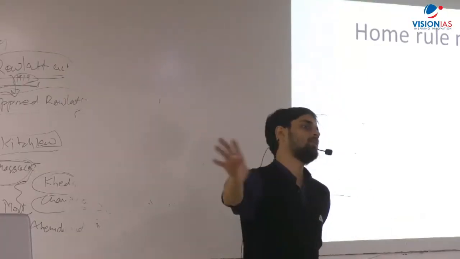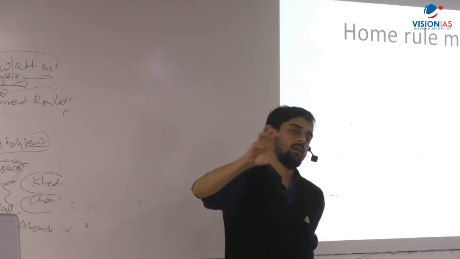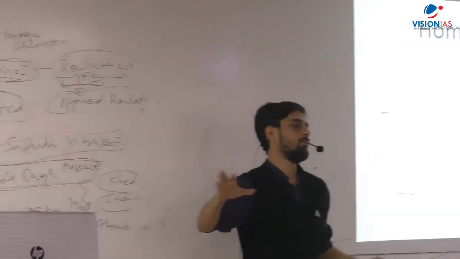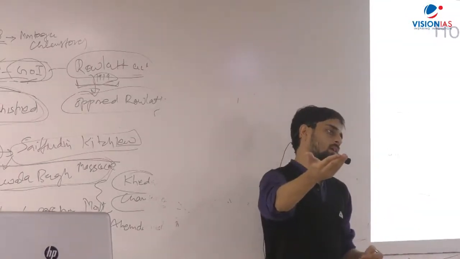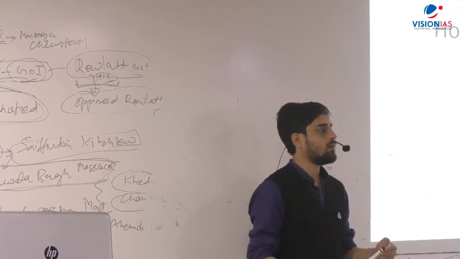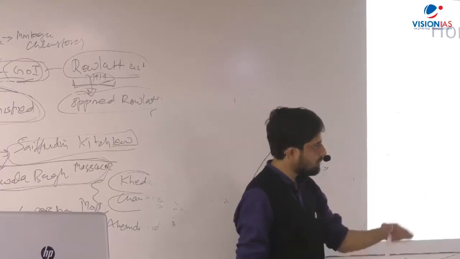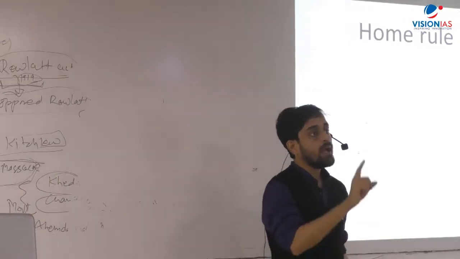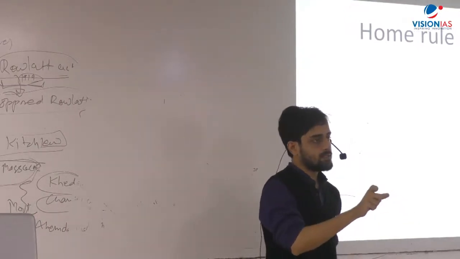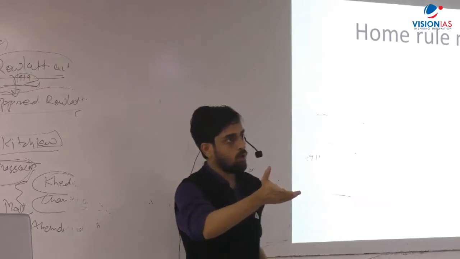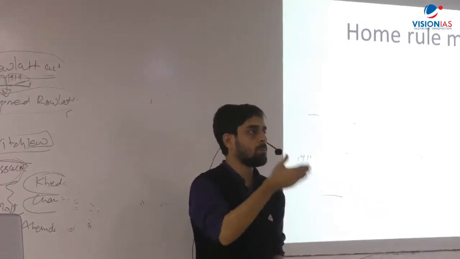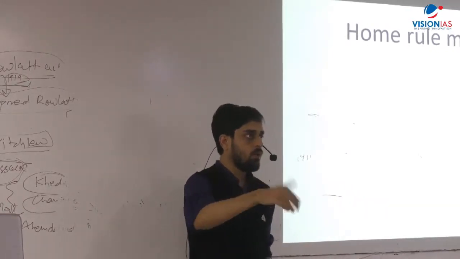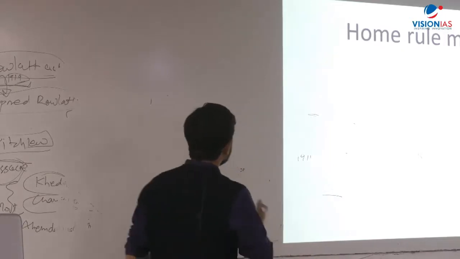But he also explicitly added that we are doing this with the hope that the British will significantly devolve power immediately after the war. That was Tilak's understanding. And to make the point that Tilak's support was conditional on devolution of power after the war, Tilak along with Annie Besant started the